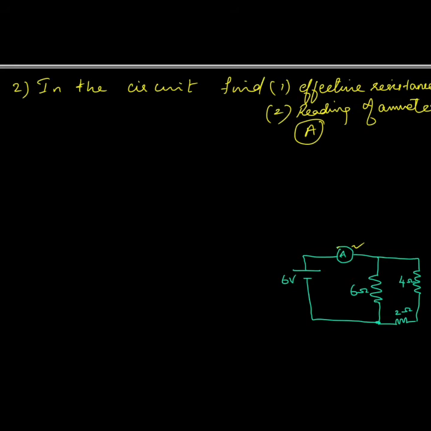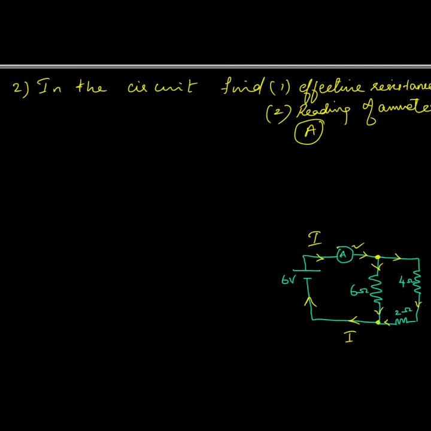Since the direction of current is not given here, you have to show the direction of current. So here the current will go. This is actually the main current. The main current is passing through the ammeter, and when it reaches this junction, what will happen? It will split into 2. Okay, and this current will reach here. Again at this junction they will join back as the main current I itself.